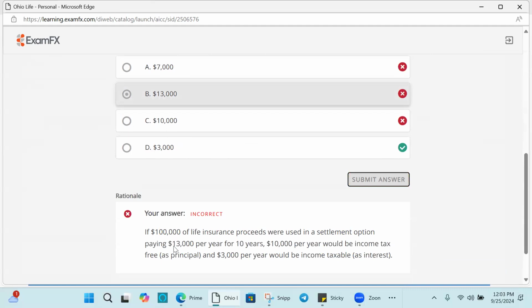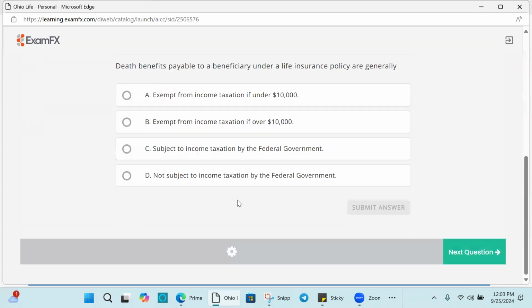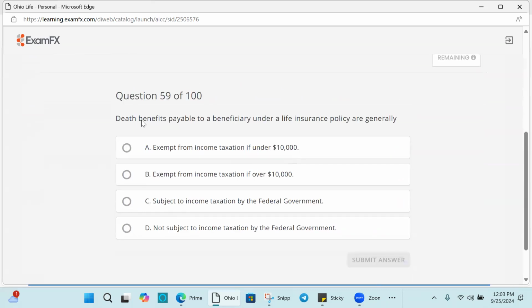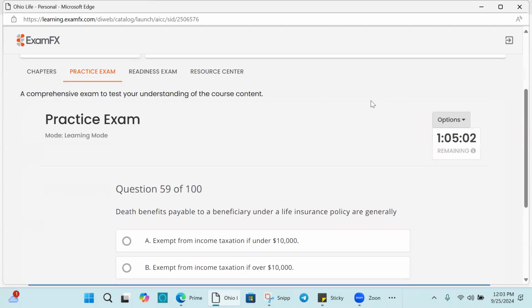Paying per year for 10 years, that means it's $3,000. Oh yeah, need to do a little more math. You answered it too quick. I need to do math and subtraction, then divide it on an annual basis and tax it. So remember, don't overthink it and don't try to reconcile it. Just answer the question that you get asked.